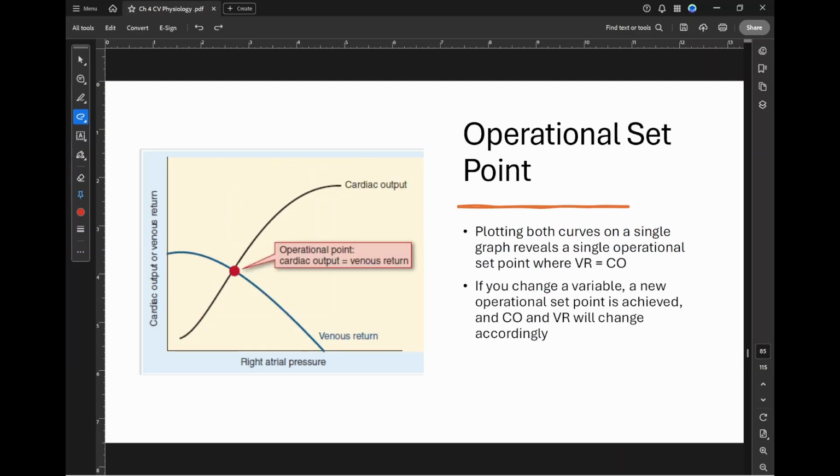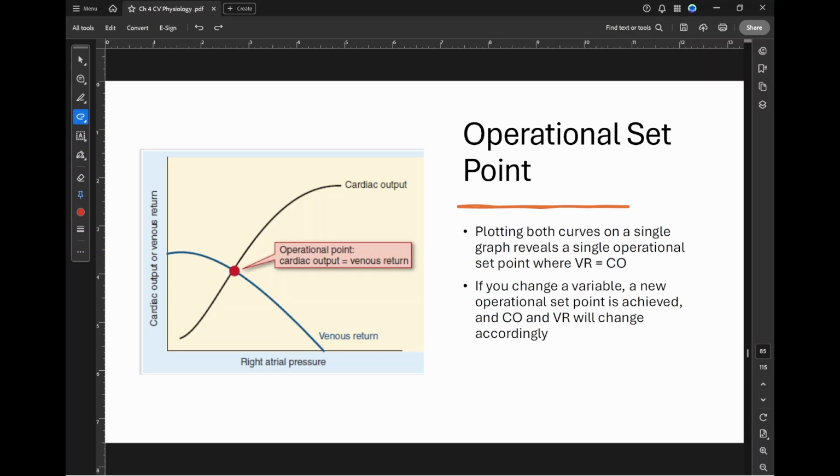Now, if you take our cardiac output contractility curve, the Frank-Starling line, and you take the other line we just went over, the venous return over right atrial pressure, and you plot them on the same graph, let's look at just the cardiac output, just the black one. As you increase right atrial pressure,